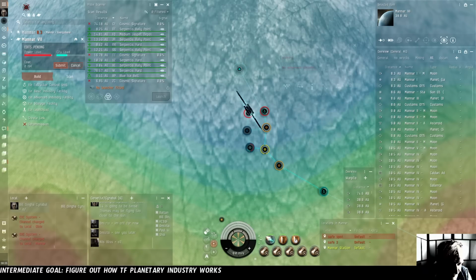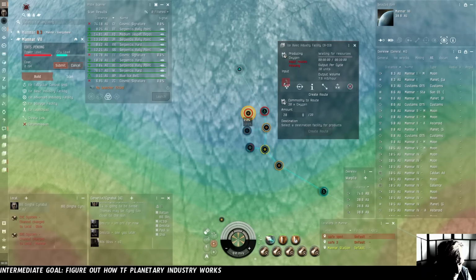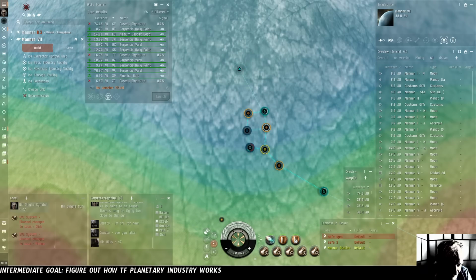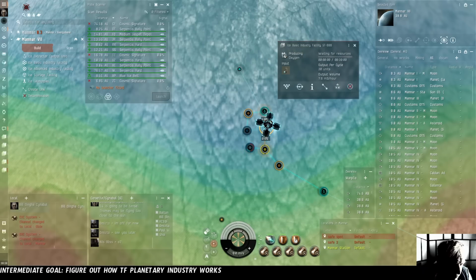We can't do that because this facility here needs to be building oxygen. And then it needs to be sending its oxygen to the storage facility. And then this 1/4 of our oxygen we're going to route to this factory. So now, in an hour, or maybe more, 1 hour for the extraction program, half an hour for the basic industry facility to run, and then an hour for the advanced industry facility to run. So in 2.5 hours, we should hopefully have